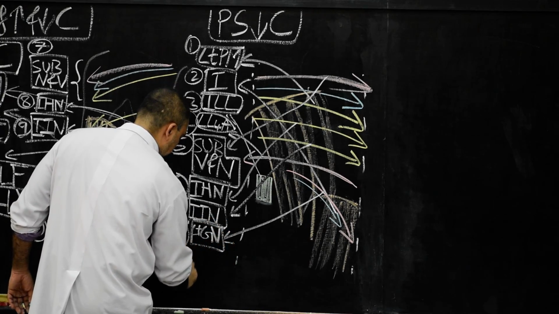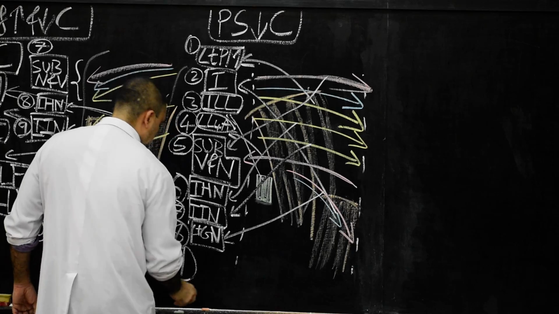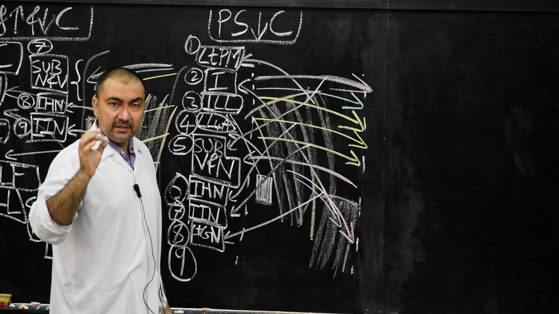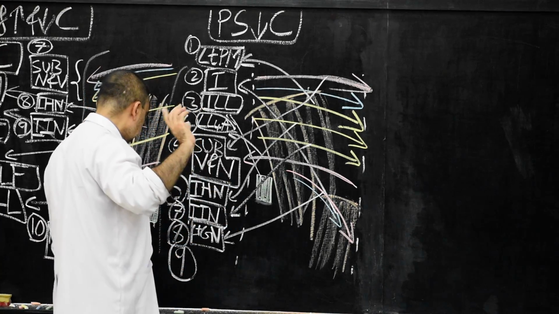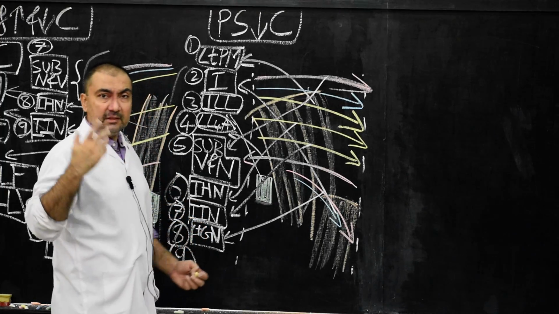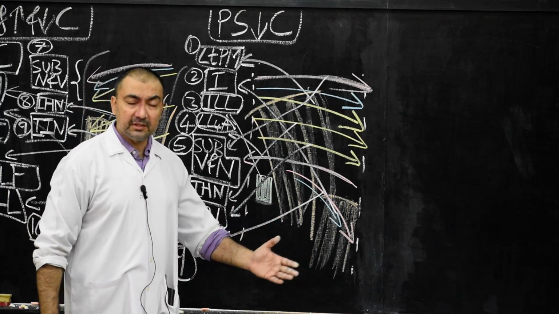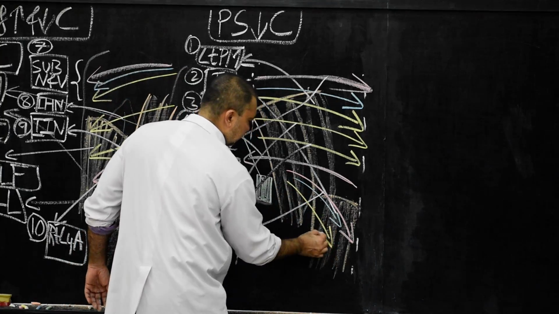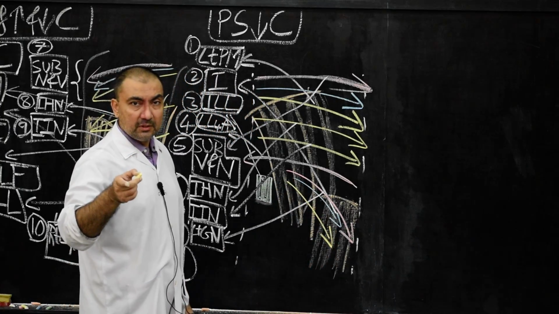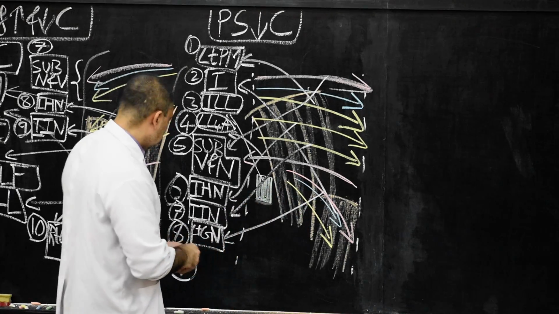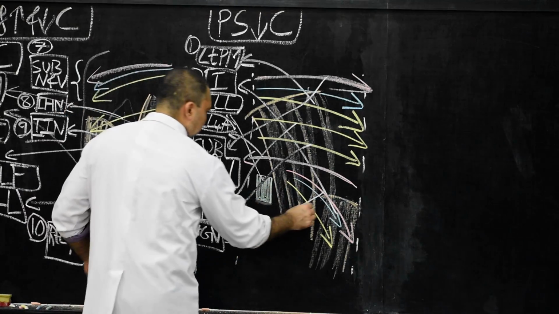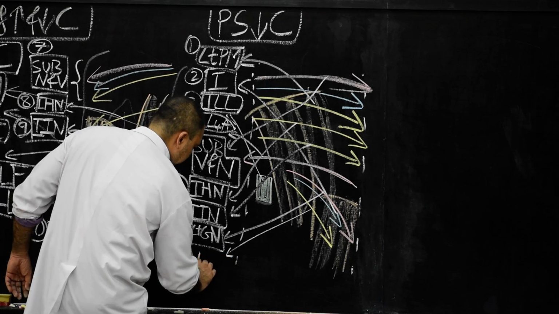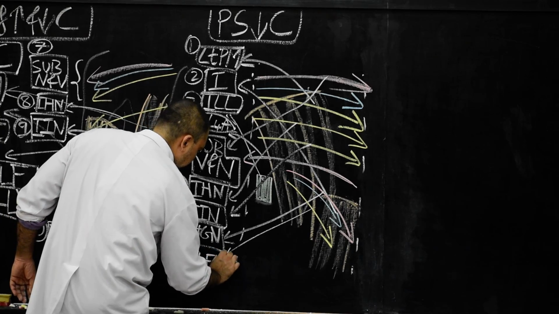Then structure number 9, lateral femoral cutaneous nerve, which is not there in posterior relation of the ascending colon. This is only there in posterior relation of the descending colon. So here we are going to mark this structure as lateral femoral cutaneous nerve. Which side? Of course, left side. Please mark it as lateral femoral cutaneous nerve.